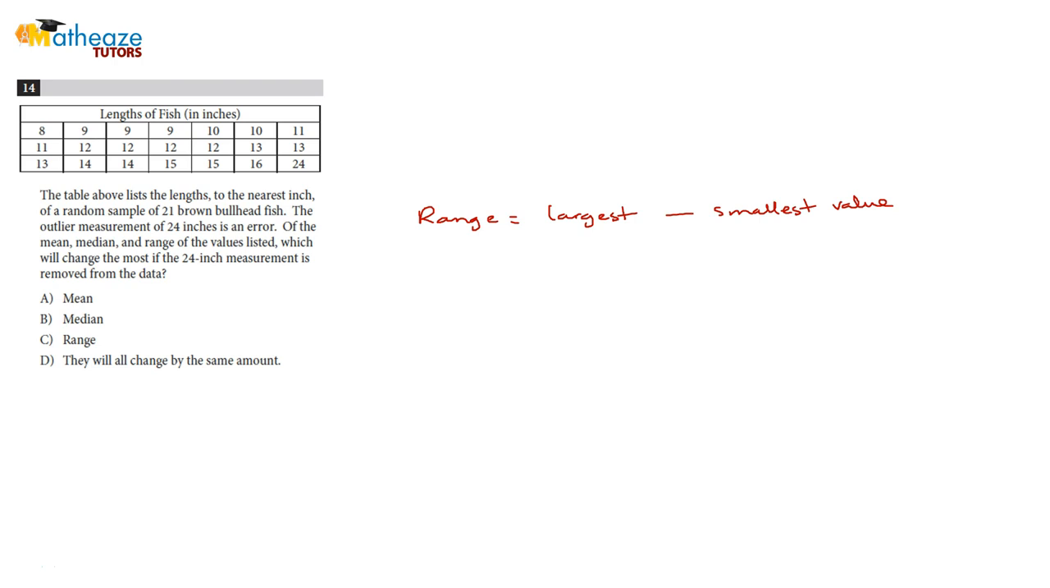The mean will not change by much because it's usually the center. The median is the middlemost number, but the range. So let's look at this, for example. If I have 24, I have a range of 24 minus 8, which is 16. But if I remove the 24, the range now becomes 16 minus 8, which is 8. So that's a significant change from 16 to 8. So the range is going to be affected the most by removing the 24. Number 15,